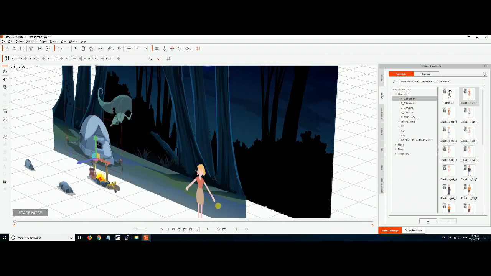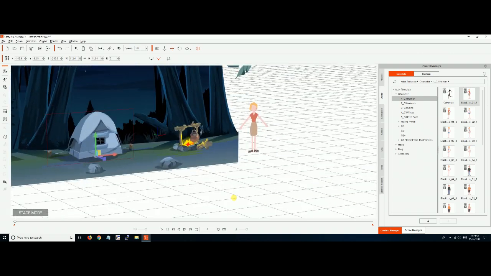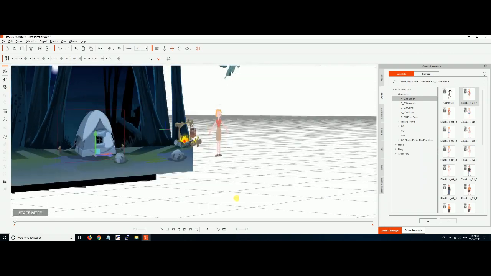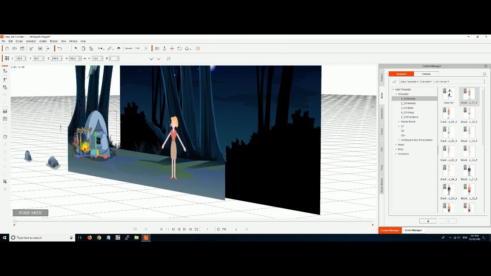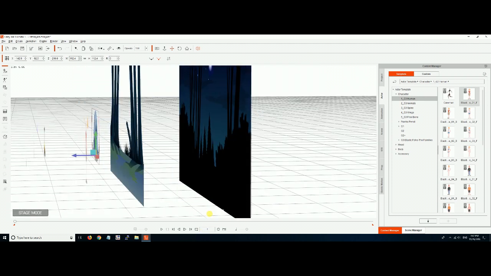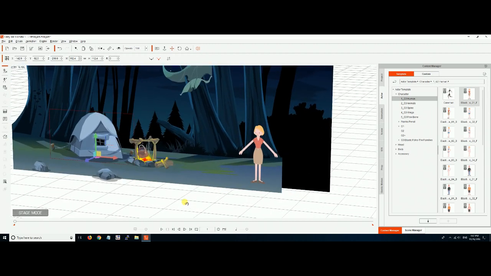You can right-click the mouse and hit the Alt key, and you can see all of the objects and how they are arranged. You can go up and down. So notice that the rocks are out in front, the fireplace, the tent, and then the trees, and then the very background. This is the whole background. It's layers, okay? And you have to be aware of these layers as you put things.